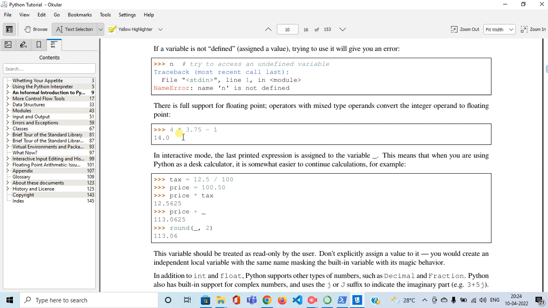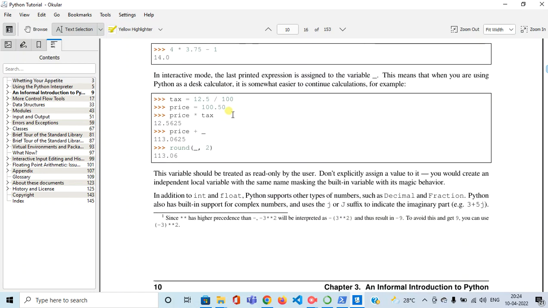Now, if you do something like 4 * 3.75, it gets evaluated to 12 plus 3.15 minus 1, 14.2. And then if you do something like tax = 12.5 / 100, and price = 100.50, then price * tax, price gets multiplied with the tax value, so this multiplied by this, so you get